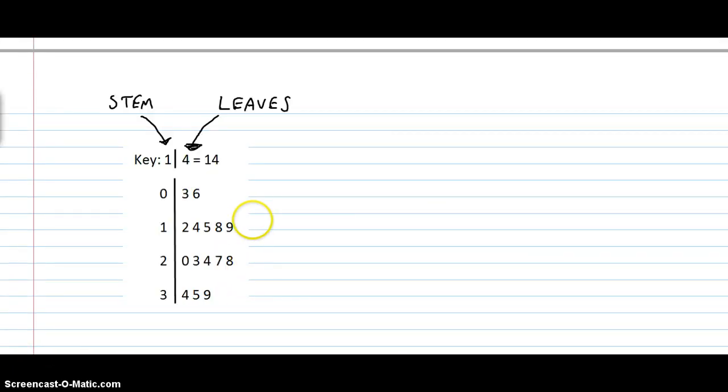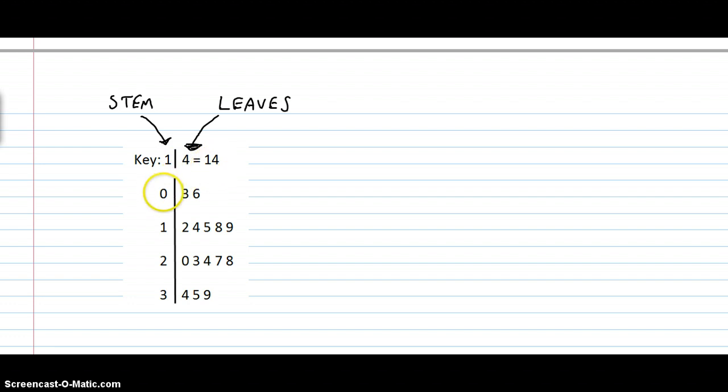Alright, let's have a close look at this stem and leaf plot. So on the left hand side we've got the stem. On the right hand side we've got the leaves, and each number is going to be made up of the numbers from the stem and then the final number from the leaf. This key here, which every stem and leaf plot should have, shows us how to interpret it. Okay, if we've got a 1 on the stem and a 4 for the leaf, then that's going to mean